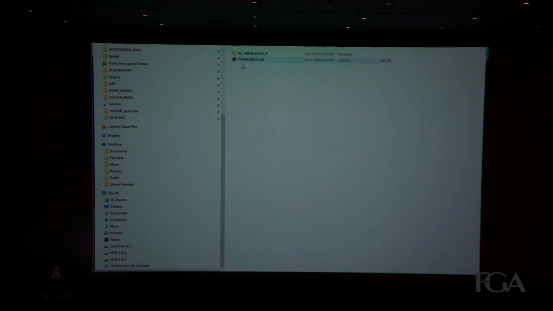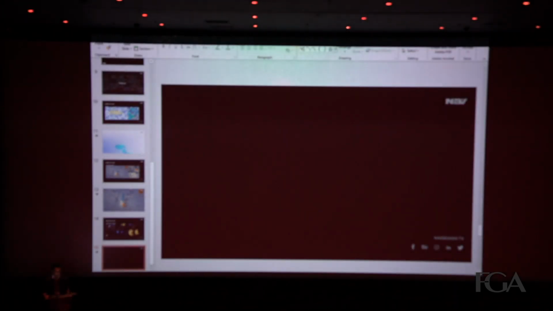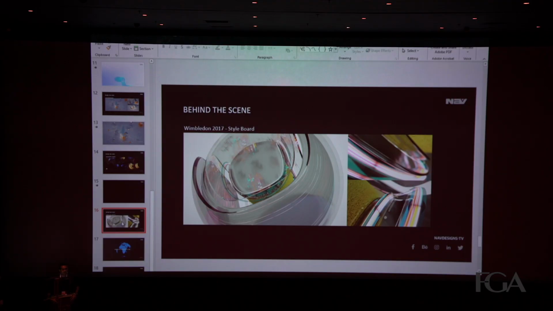Very quickly I would like to talk about my next project because I'm running short of time. So Monkey Talk is from Italy. They came to me and asked, 2 days later we have to pitch one program for Wimbledon, so can you prepare some style frames for it? These are the style frames I made for them in 2 days.